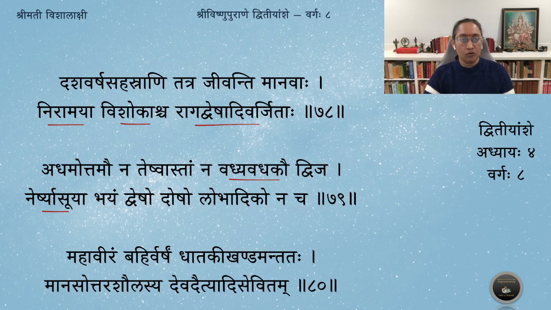Irshya is para utkarsha asahanana, not tolerating someone's utkarsha, somebody else's ascent. Para utkarsha asahishnuta is Irshya. Asuya is